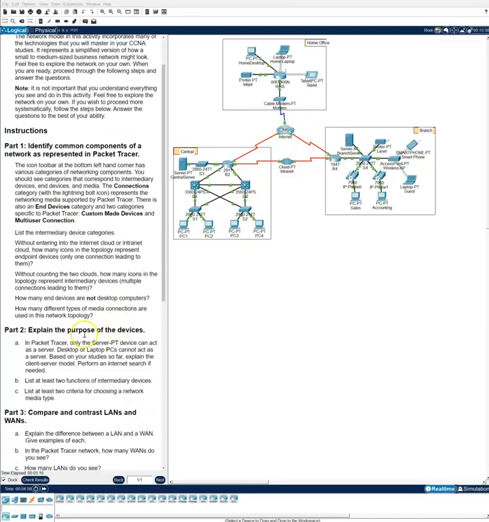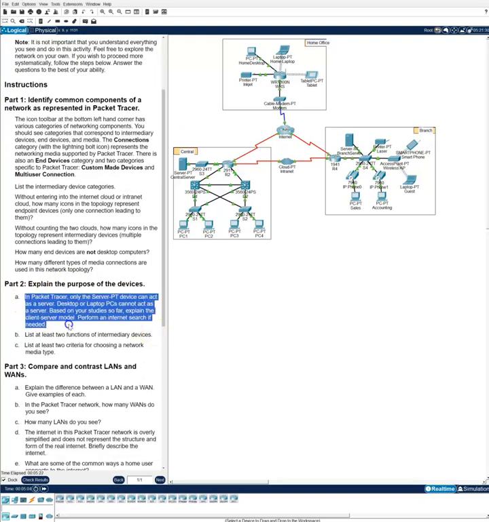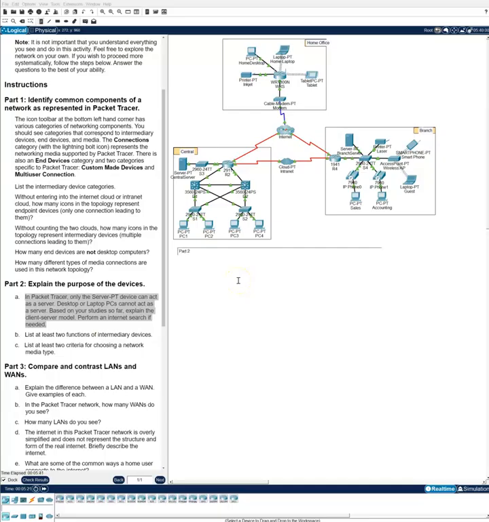connections. All right, so we're going to go to part 2, explain the purpose of the devices. So A, in Packet Tracer, only the server PT device can act as a server. Desktop or laptop PCs cannot act as a server. Based on your study so far, explain the client-server model. All right, so we're going to go ahead and put a note here so we know what we're writing, and we'll put this as part 2, and this will be A. And we'll just put the answer here. So we'll put